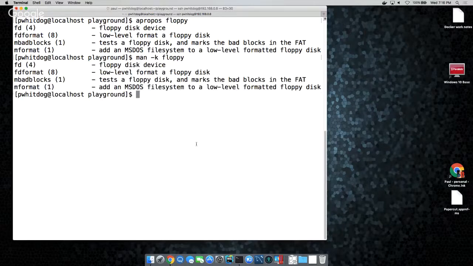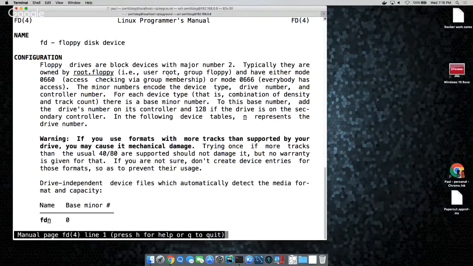And it'd say, well, here are all the man pages. So you could use fdformat. And you're like, oh yeah, that's how I do the floppy thing. So it's kind of a weird thing, but I could see it being useful. Again, those are the sections in the parentheses. So you would say man 8 fd. Try that, just man 8 fd. And there you go. It says floppy drives are blocked.